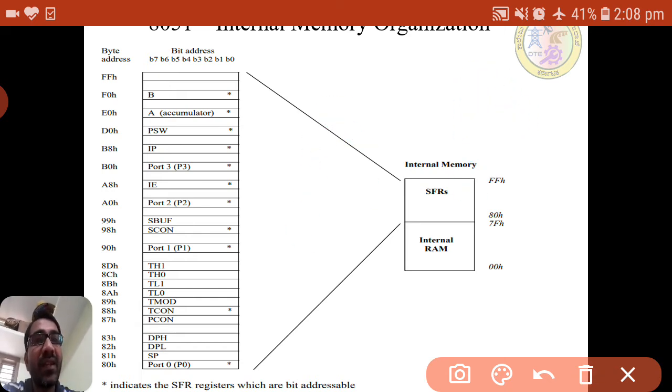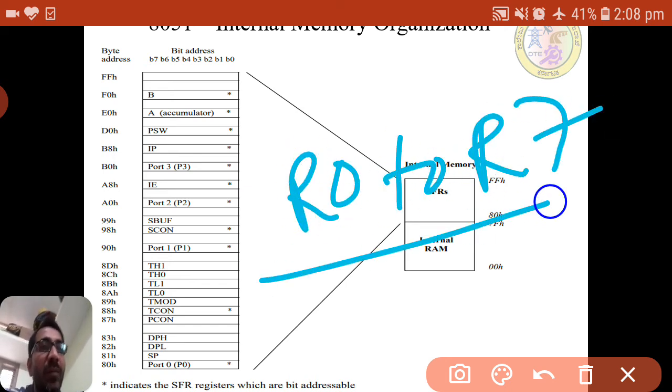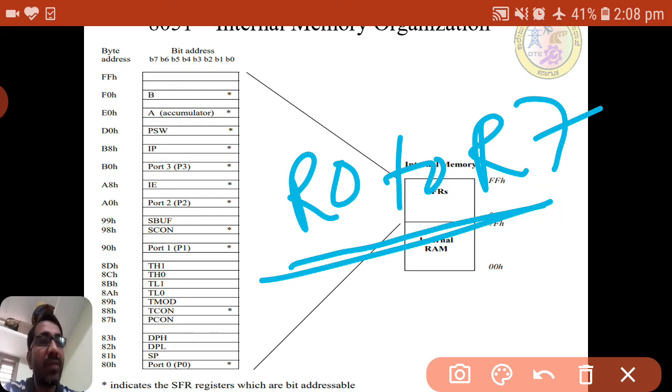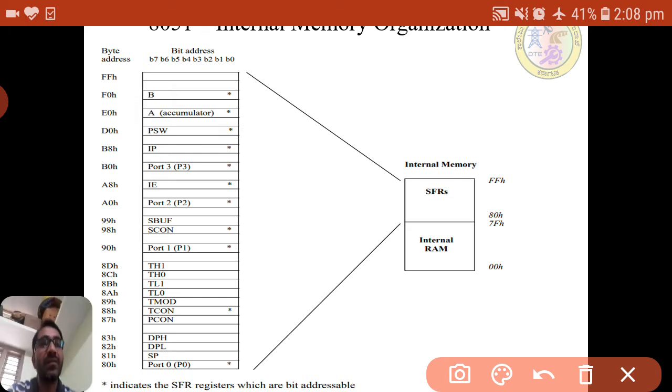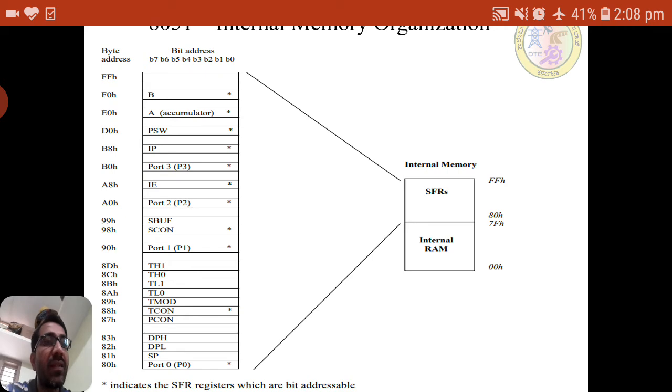That is not separate; it is in the general memory area, 80H to FFH, where these will be used. Whatever rest of the addresses are blank, for example 84, 85, the user can use for his own purpose. So these are the SFRs, which we call special function registers. R0 to R7 we call general purpose registers, and these we call special function registers. Why we call them special function is that they are used for particular applications, except A and B.